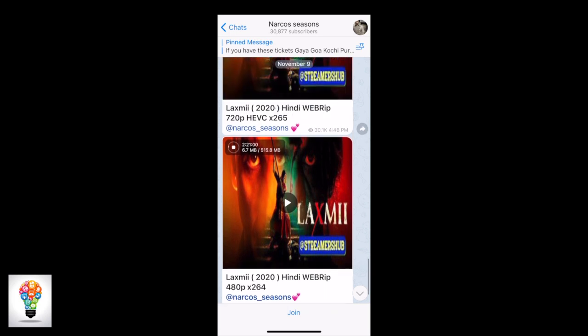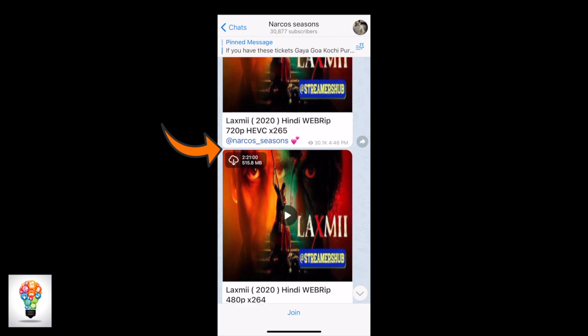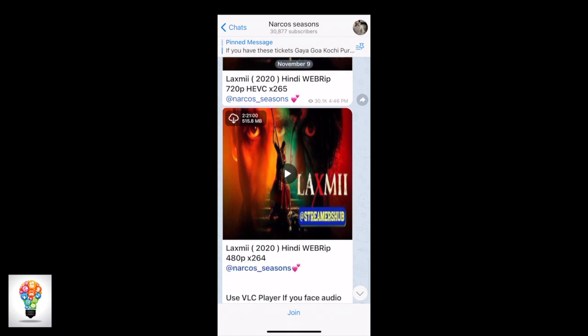For example, if I want to download this movie here, Lakshmi, it's showing me that this is the size, 515 is the size of this movie, and 221 is the duration. And it is available in 480p. So if I want to download, I will have to click here and this downloading will start. This has one disadvantage, that if you want to continue this downloading, you will have to keep this page open. The moment you close this page, the downloading will stop there, and for resuming that you will have to again open the page. So for downloading, you will have to keep this page open all the time.